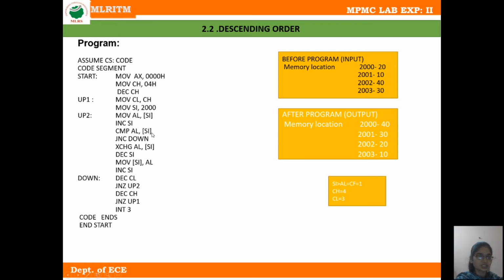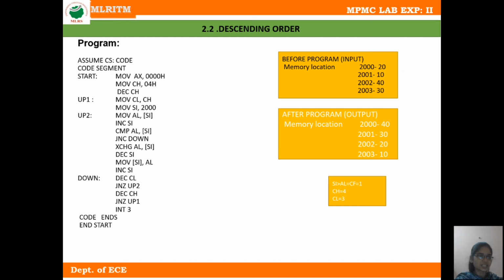In this instruction, the memory location pointed to by SI, which is 2001, is compared with the content of AL. The content pointed to by SI is 10 and the content of AL is 20. So 20 and 10 are compared, and we know that the content of AL is greater than the content of memory location 2001. So in this condition, carry flag is not generated.